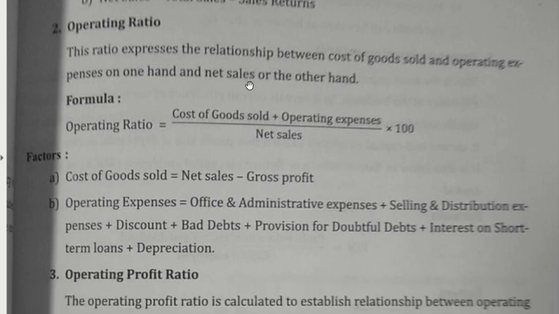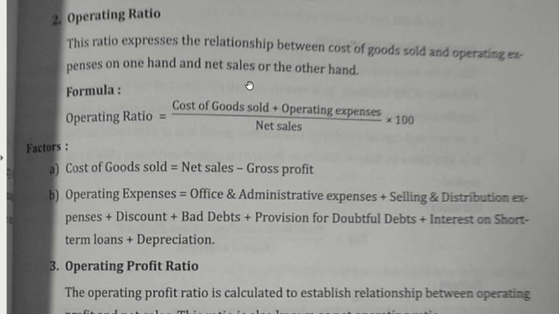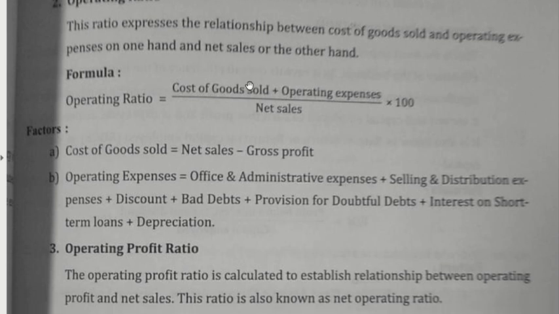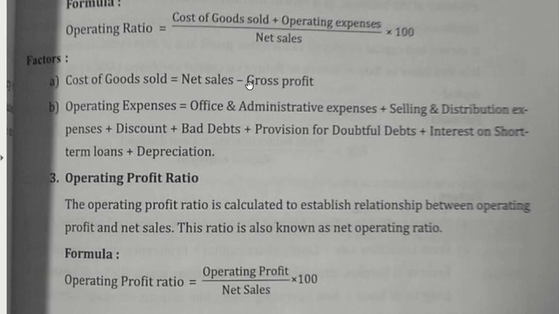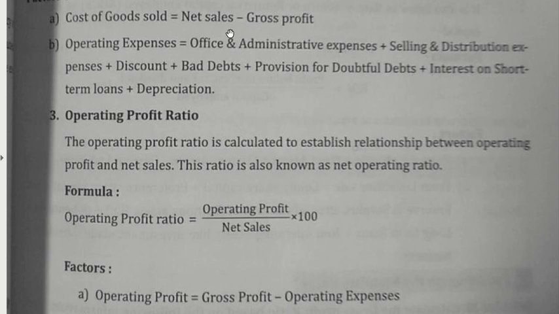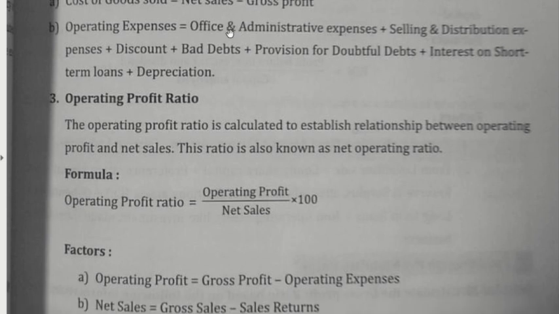The next ratio is the operating ratio. In this ratio we understand the relationship between the cost involved in the sales and the operating expenses, with the net sales on the other hand. So the operating ratio formula is cost of goods sold plus operating expenses divided by net sales into 100. Cost of goods sold is net sales minus gross profit. Operating expenses, what do we have,